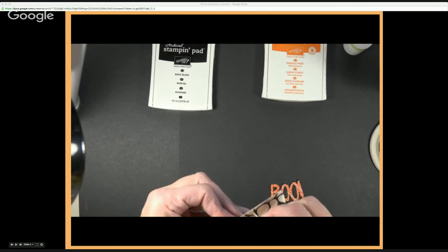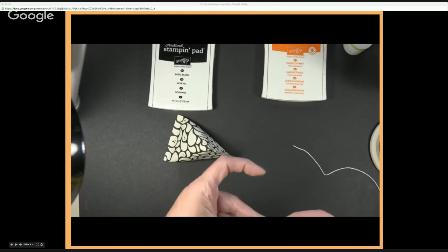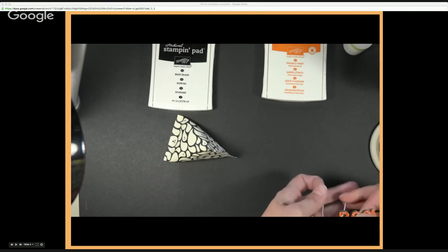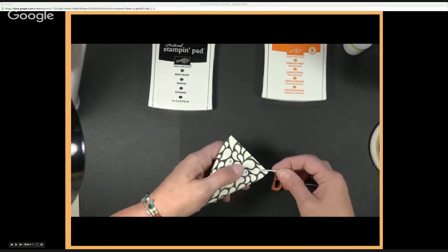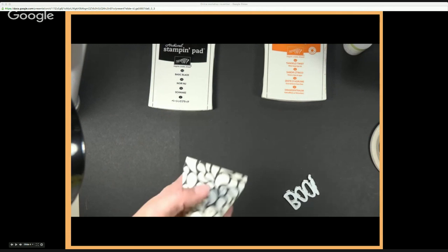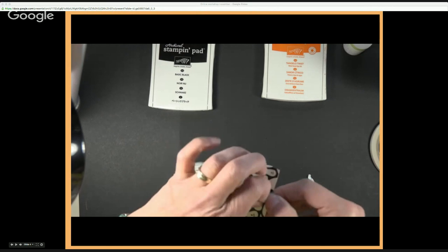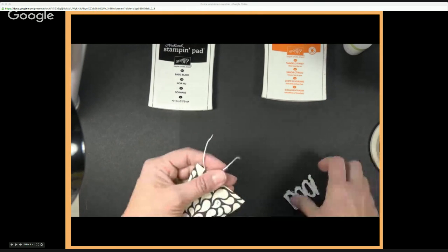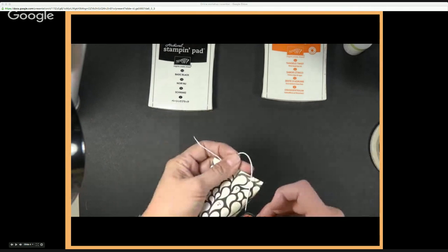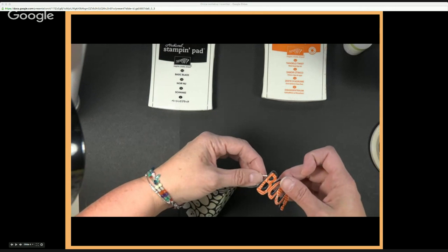And then I'm going to go ahead and, oh, you know what I want to do? I want to thread this boo. I'm just going to thread this baker's twine right on there. This is just going to kind of hang off, maybe. Okay, first I need to start the threading of my baker's twine. Then, at least I got one, put my boo on there. See if I can get that to come through the...